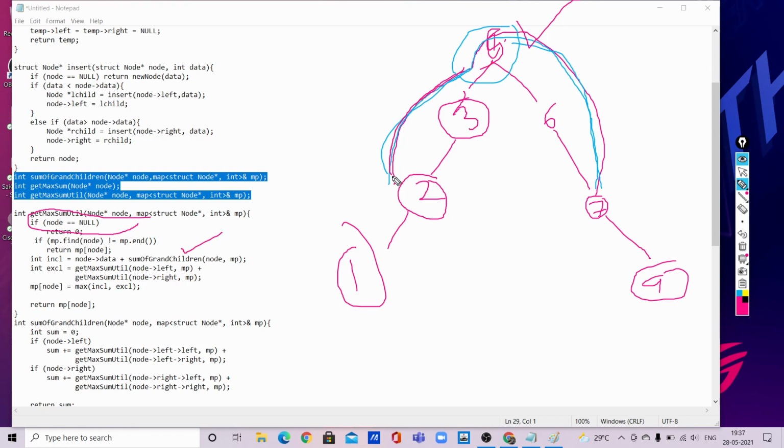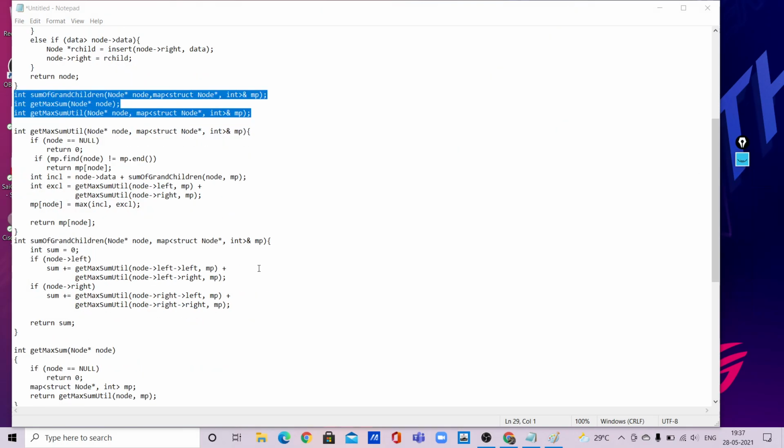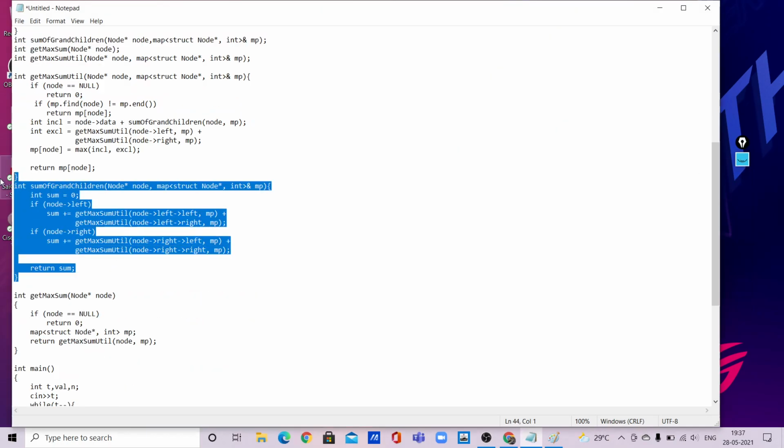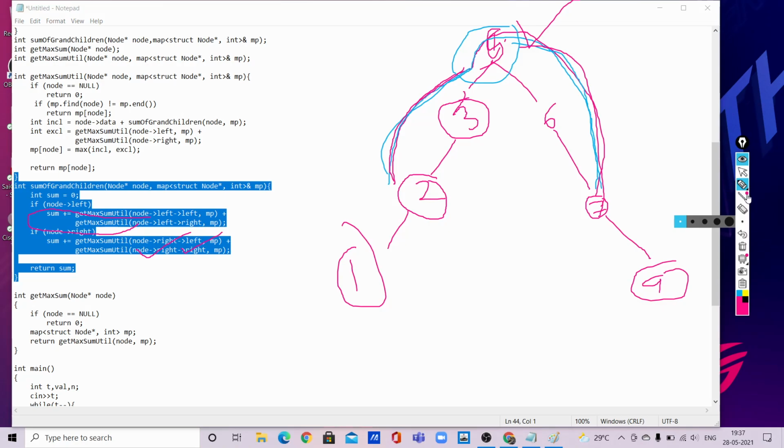In this sense, 5's grandchildren are 2 and 7. So let us go into the grandchildren function now. This is the grandchildren function. Now let us see what it has.